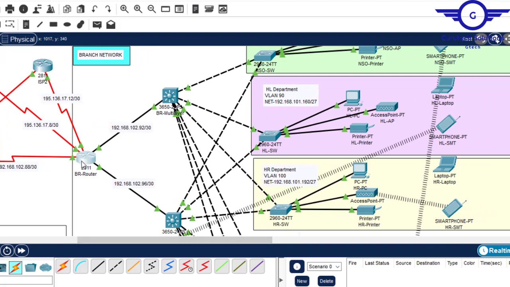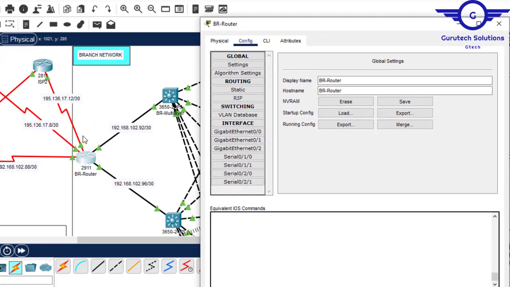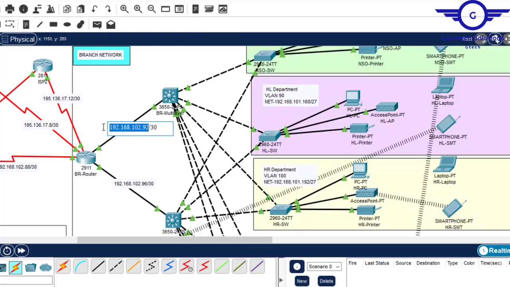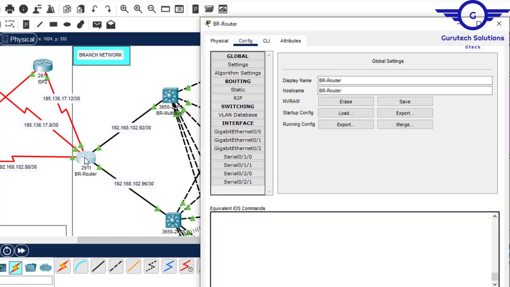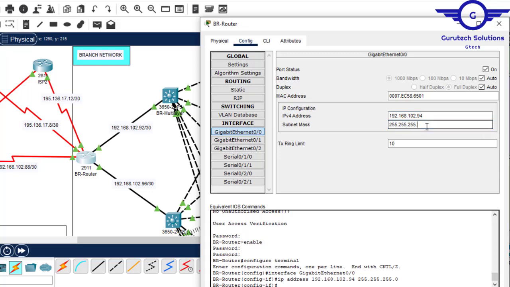This is gig 00, so gig 00 will take this network. Gig 00 will take .4 because .3 was taken by this interface, a subnet mask of